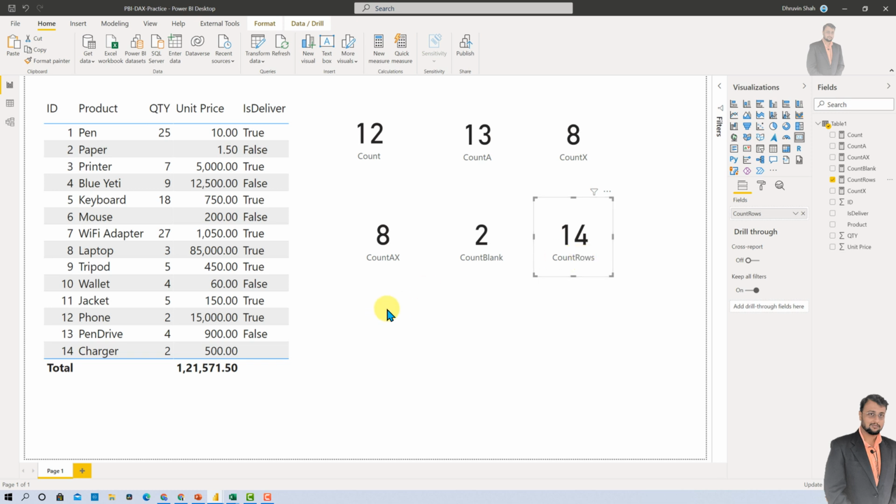Now let's move towards the next DAX expression, which is DISTINCTCOUNT. DISTINCTCOUNT will return the distinct count from your column, and it will also cover the blank count. For example, whatever the distinct count for the quantity column would be, there are two blanks, so it will consider one count for blank as well inside that total.